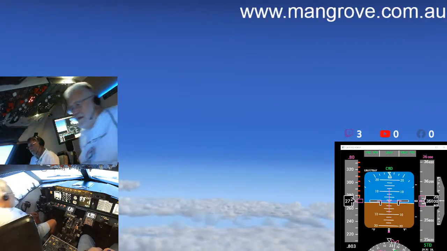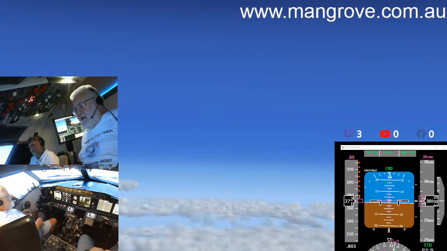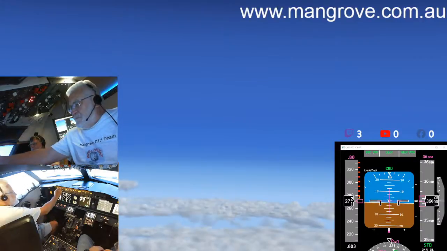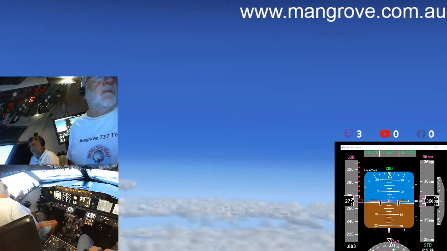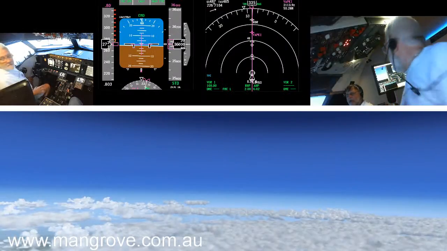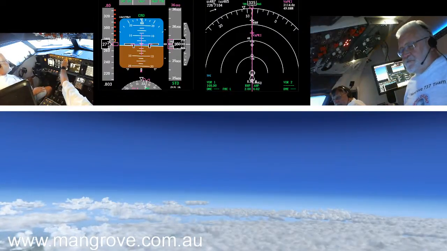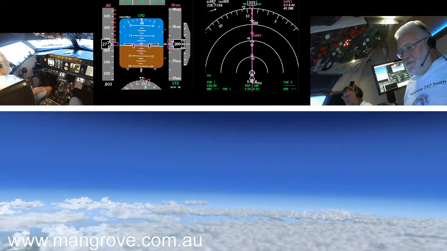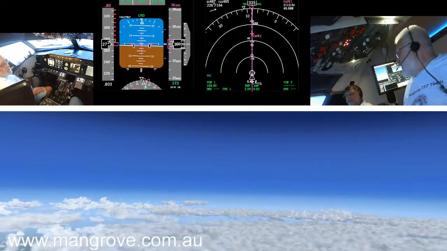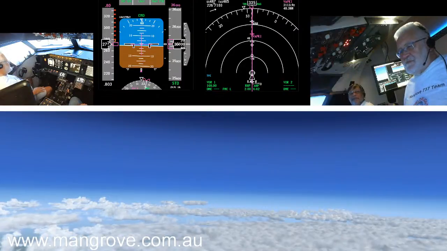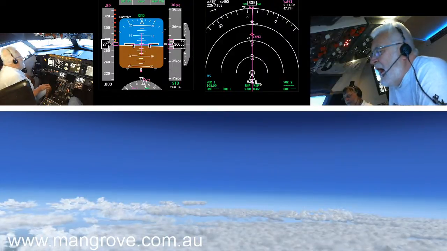Delta Cargo 8286. In the cruise. Position is 50 miles to the south of Lovgo. Resume navigation track direct Lovgo. Direct Lovgo, Lufthansa Cargo 8286. Good morning, Sierra for Mike, maintaining flight level 280. I don't need any vectoring just yet. Wouldn't be surprised on approach. Flight level 380. Flight level 380, Sierra for Mike.